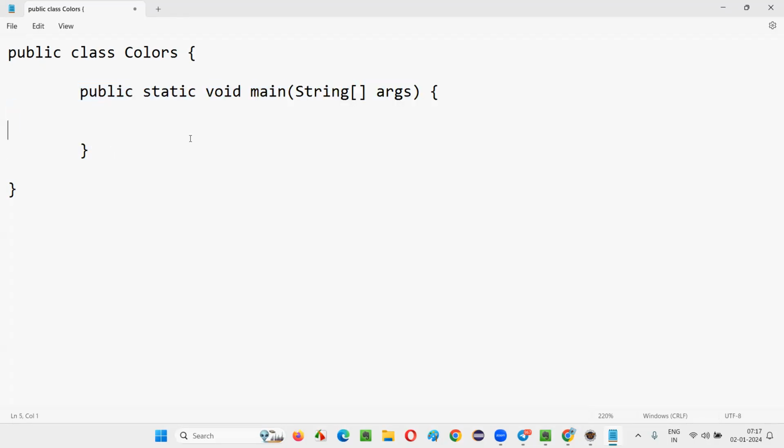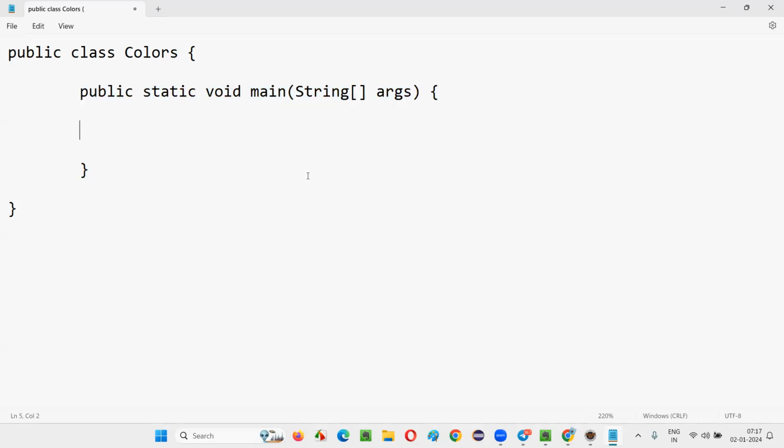Public, I'll explain later. What is the static keyword? I'll explain later. What is the void keyword? I'll explain later. What is this String[] args? I'll explain later. Everything I have to explain later only. This is not the right time, guys, to understand all this stuff. You have to learn this part by heart. And for now, you just have to remember that this is the starting point from where the execution will start